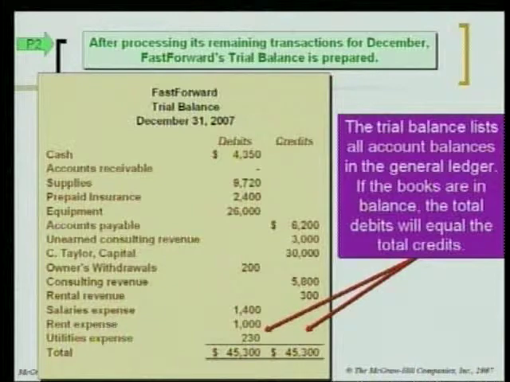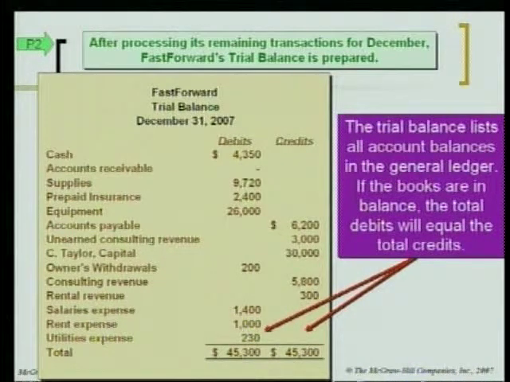Time out. Sorry, I needed to cover one thing before we do that exercise. Let's talk about this. What we're going to do for those journal entries is post them to the ledger or to the T accounts. Thus, we are going to make a T account for each one of those accounts. Cash, prepaid insurance, and so on. And we're going to post those things to the T account. You with me? Then what we're going to do is figure out the ending balance of each one of those T accounts, and we are going to prepare what is called a trial balance. Let's go to the PowerPoint. We need to talk about this before we do the exercise. What is a trial balance?